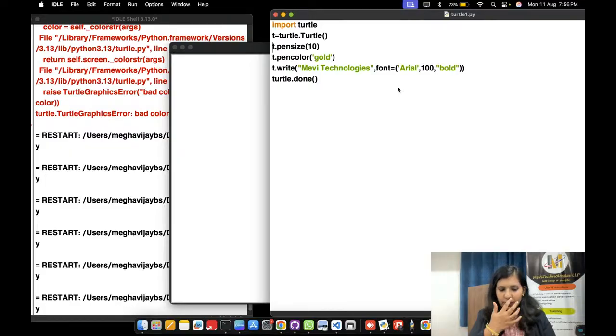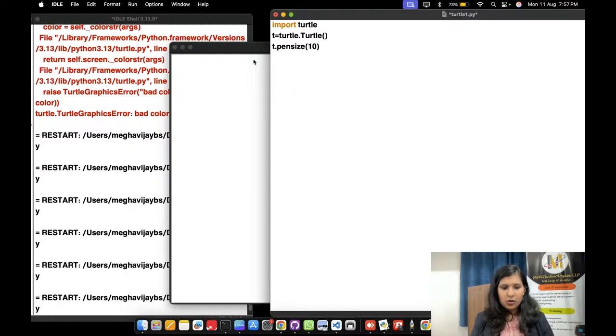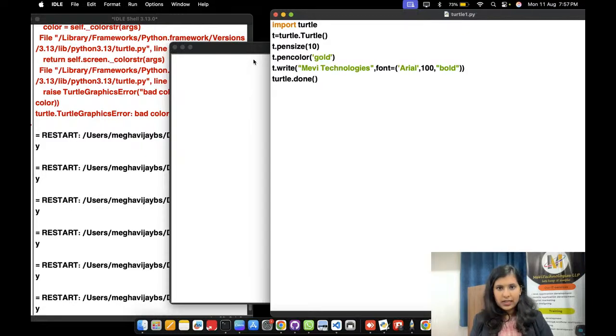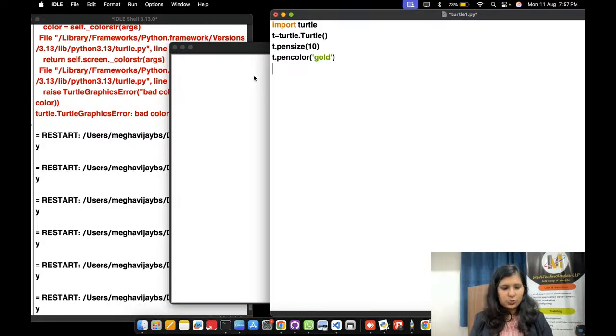Okay, so now we have understood the axis. So let us try to understand the axis better. So pen size and turtle, all these things we are having. If you want to keep the color as well, you can keep the color as well. So let me remove this. Okay, text over here. So now, if you want to start with the screen, you can say that